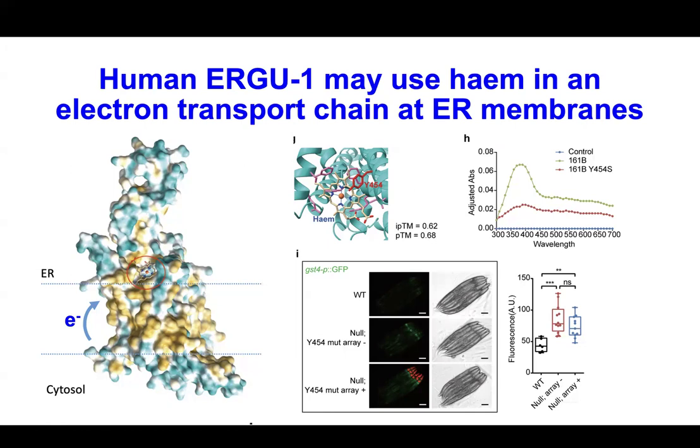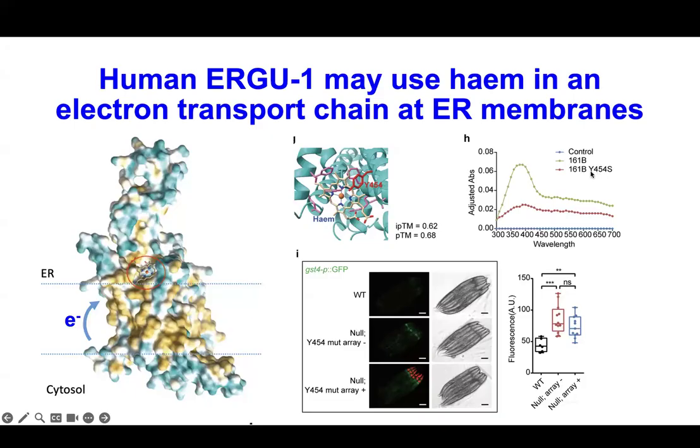And also from the structural point of view, you can see the AlphaFold 3 algorithm predicts the coordination of the heme molecule by this tyrosine residue, which is also highly conserved from C. elegans to human. And so we also purified this protein from HEK293 cells, and based on the absorption, we noticed that this